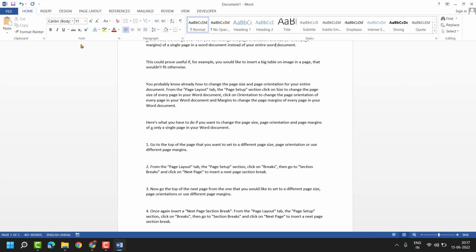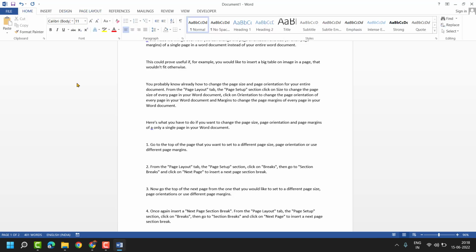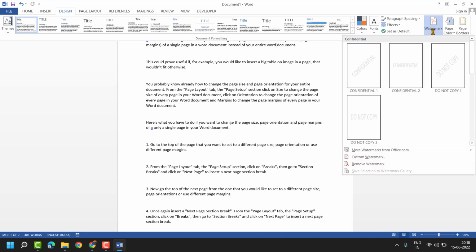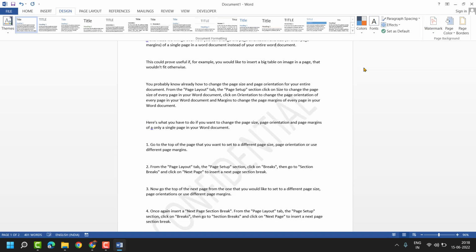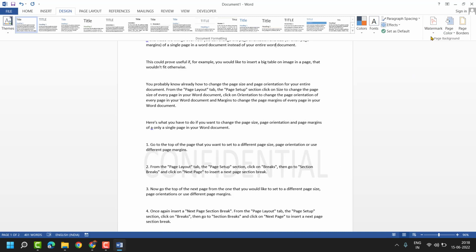Just guys, you have to go to design, and here the option watermark, click on it. You can see some styles for watermark, this one, center,